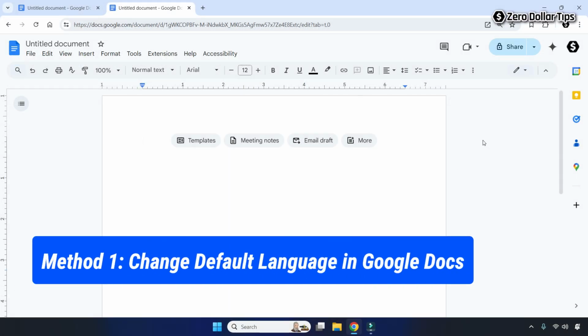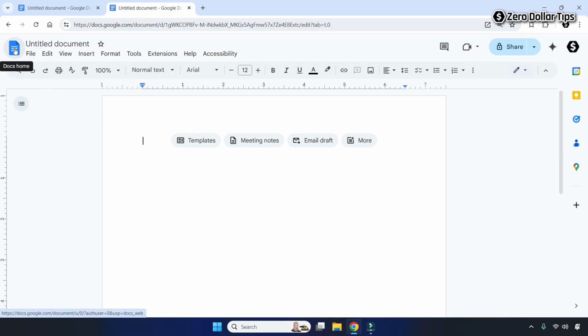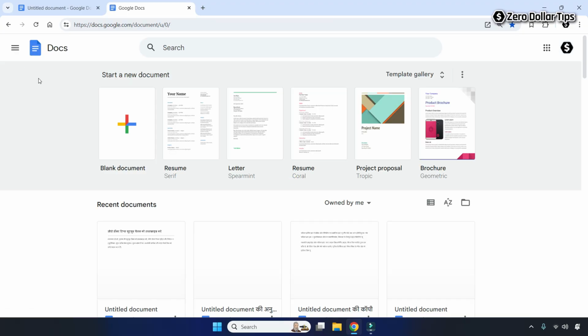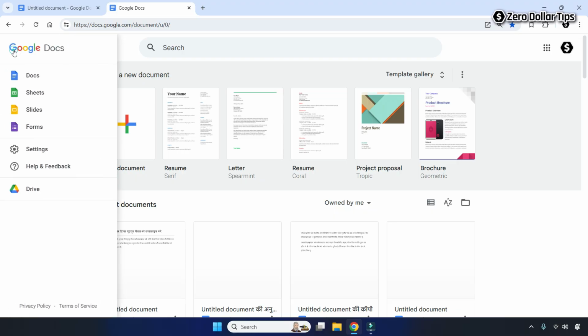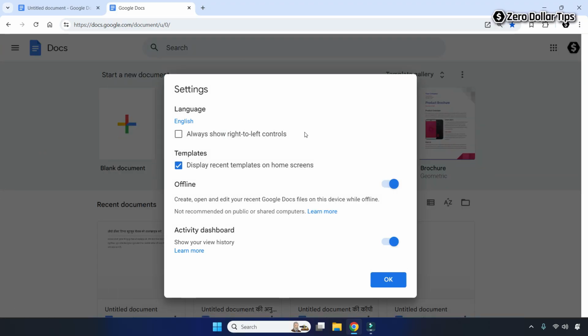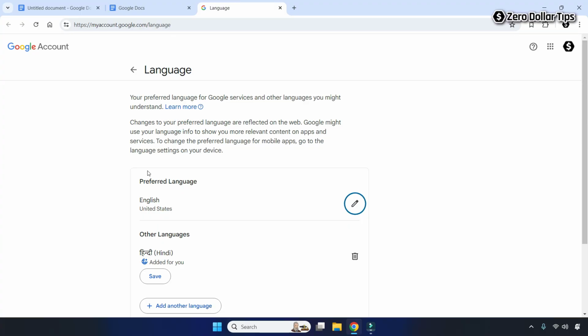For that, simply click on the Google Docs home icon and then click on the menu icon and then click on settings. Now on the settings dialog box, under the language section, you will be able to see your current language. Simply click on it. And now on the language page, under the preferred language section,